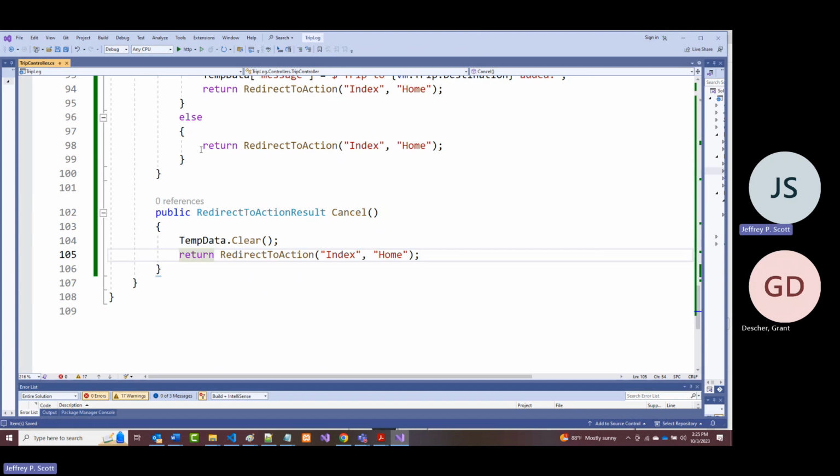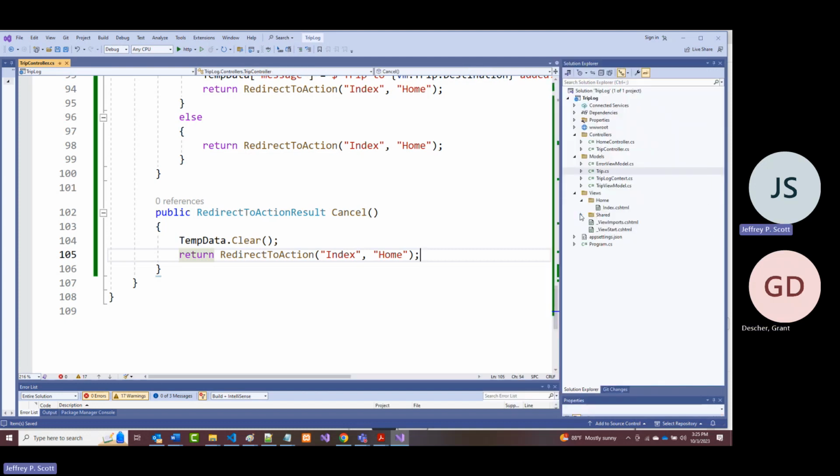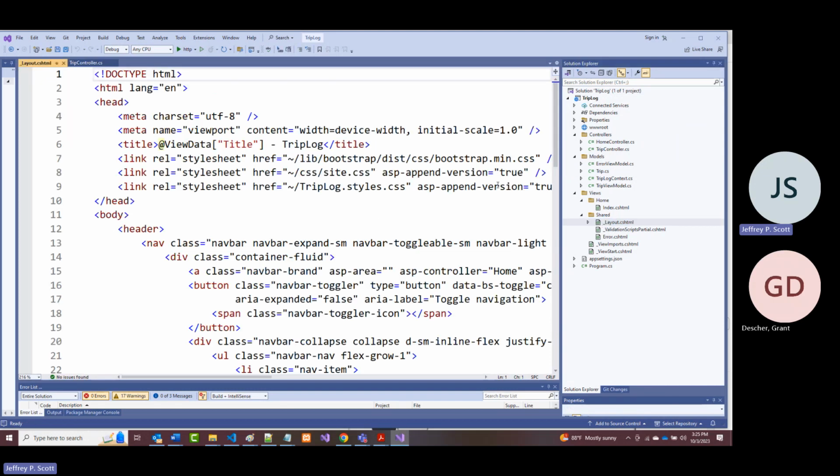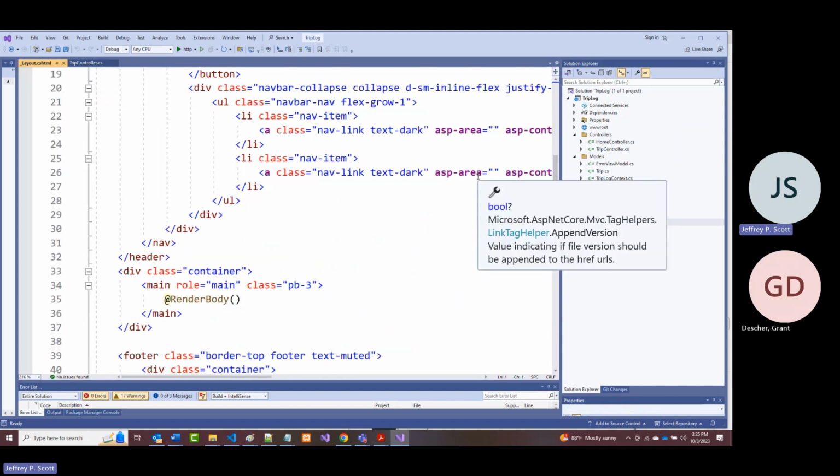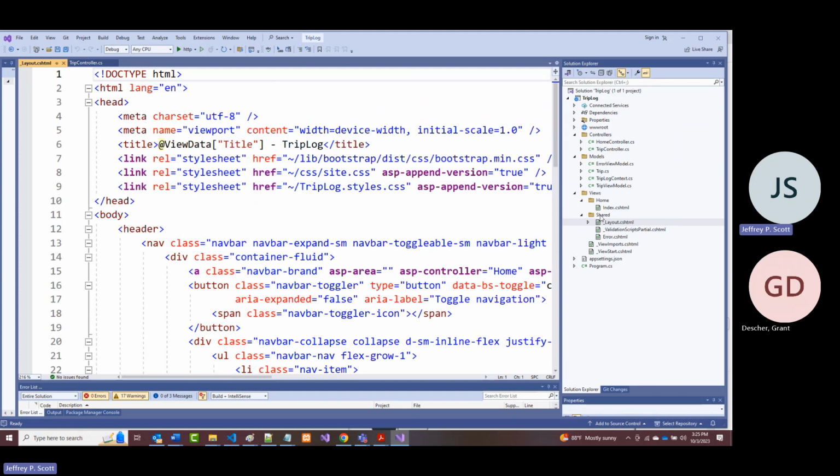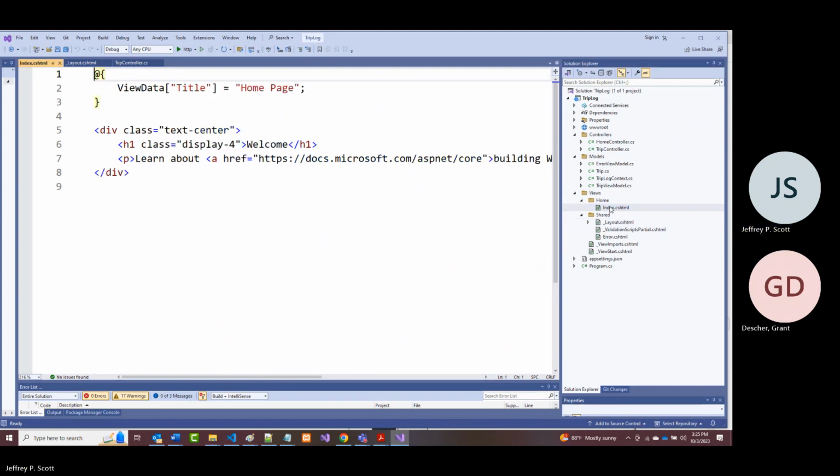All right. So like I said, tomorrow when we start, the first thing we're going to do is I'm going to come in and take a quick look at the underscore layout.cshtml and see if anything in there must be rewritten. I'm sure there's going to be something either rewritten or added. Then we'll go into home and we'll rewrite that. And then we will go in, and we haven't added it yet, but we will add